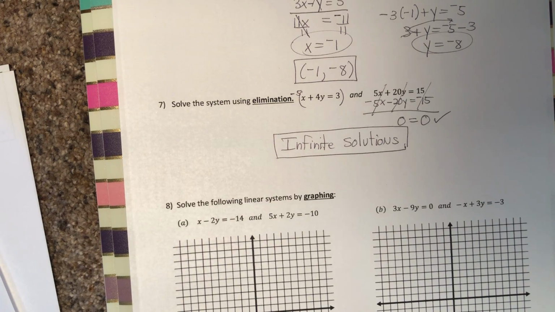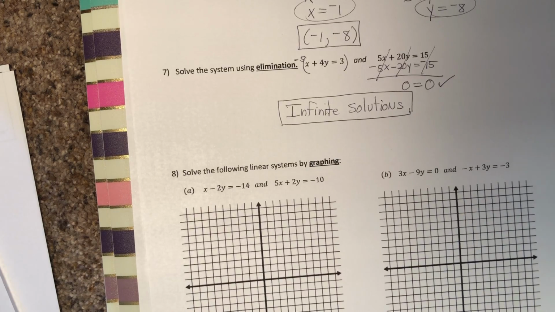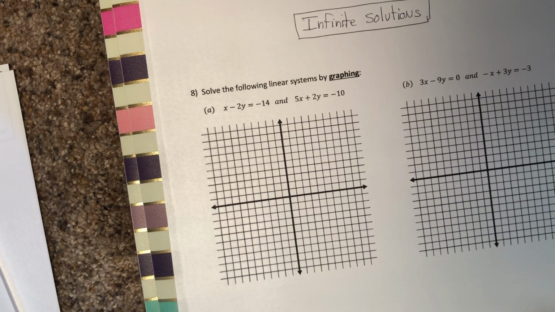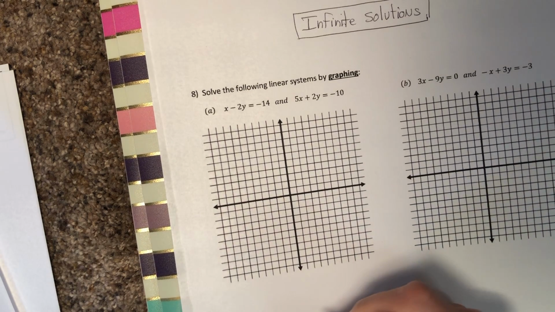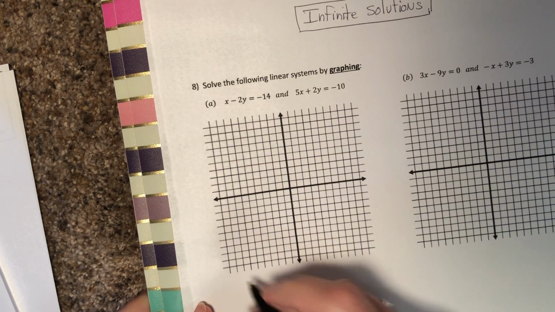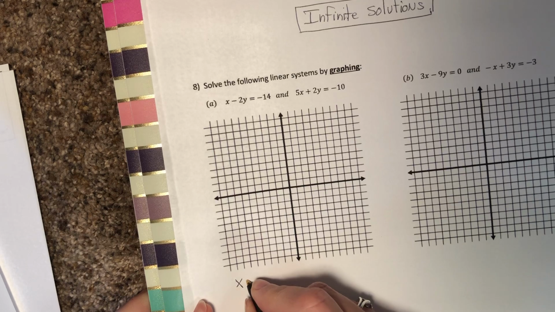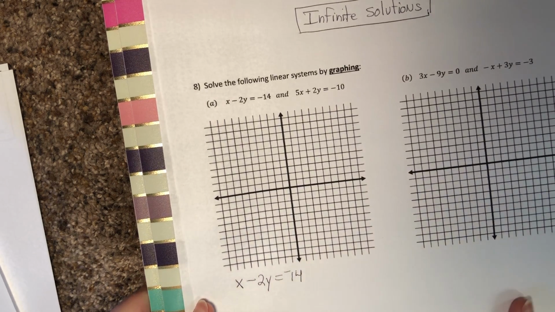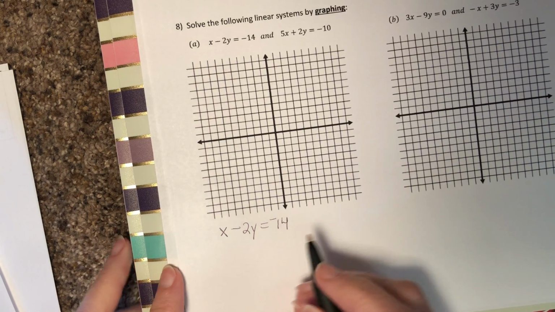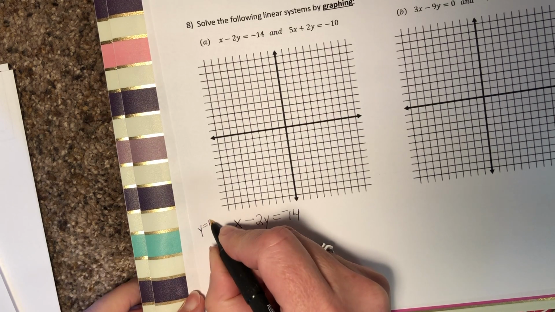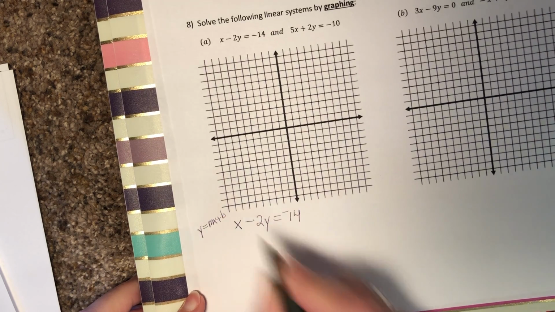All right, number 8 is solving linear systems by graphing. Now, some of you need a lot of review for graphing lines, so it's important that you pay attention. Neither of these lines is in graphing form, so I need to rearrange them. X minus 2y equals negative 14. When you rearrange the equation, remember you're trying to get it into y equals mx plus b form so that